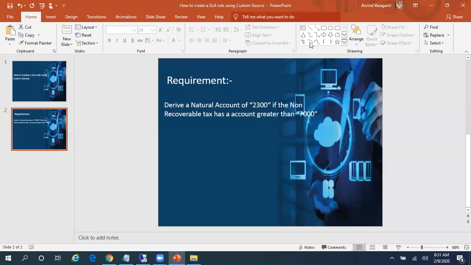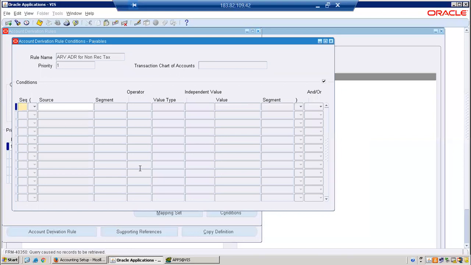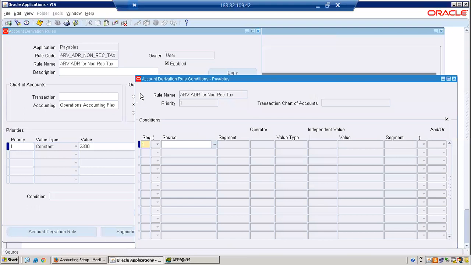Go back to your requirement. So derive a national account of 2300 if non-recoverable tax is greater than 7000. So my target account is 2300. Save this. Now go to conditions. My condition is if my invoice under non-recoverable tax. We are already under non-recoverable tax; ultimately this ADR will be associated with non-recoverable tax. So if the non-recoverable tax distribution account